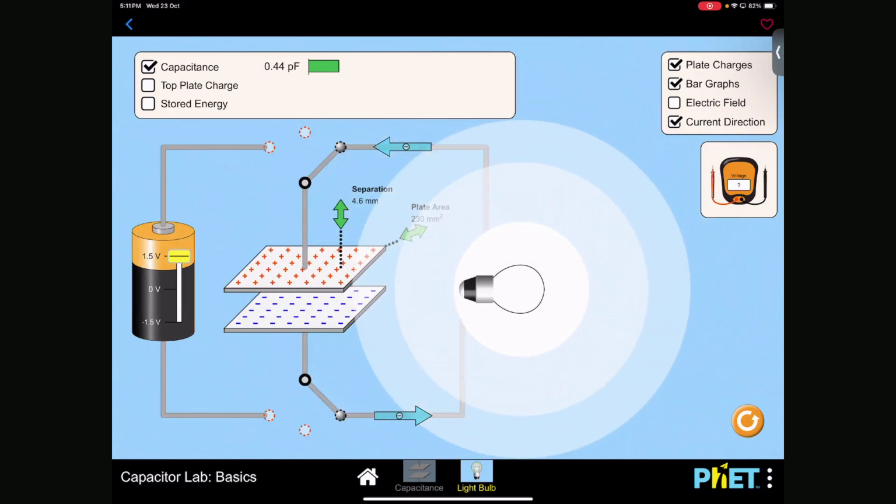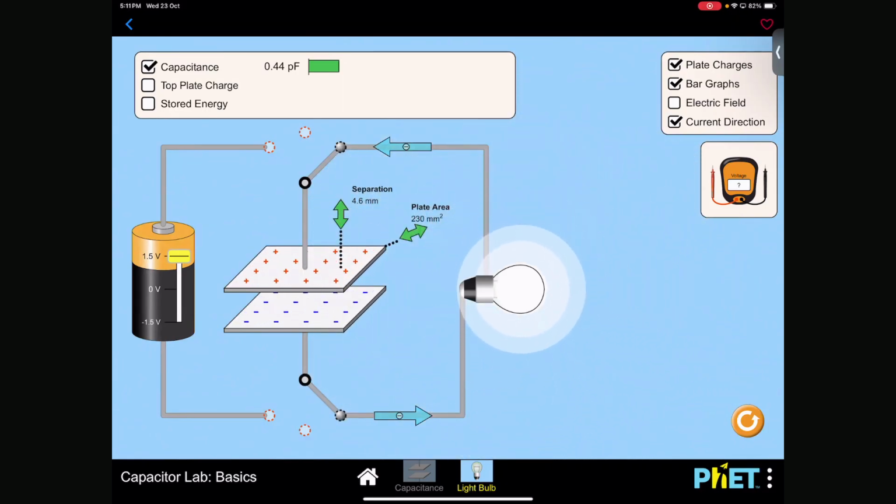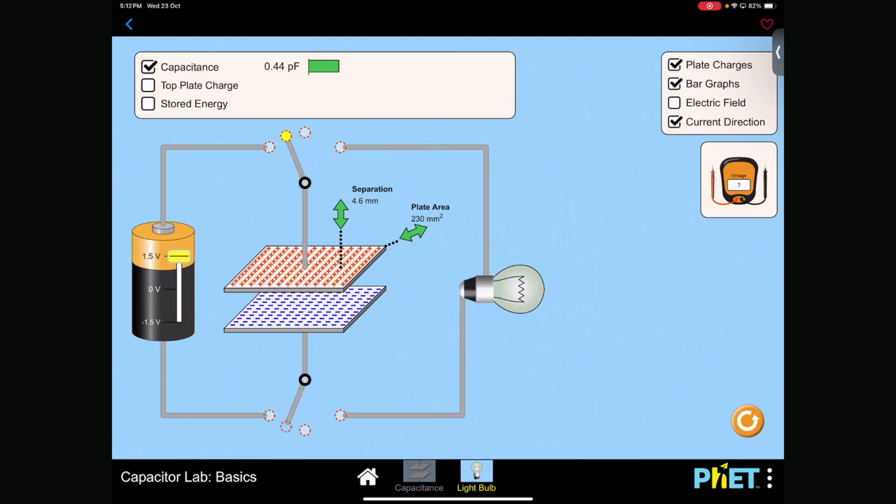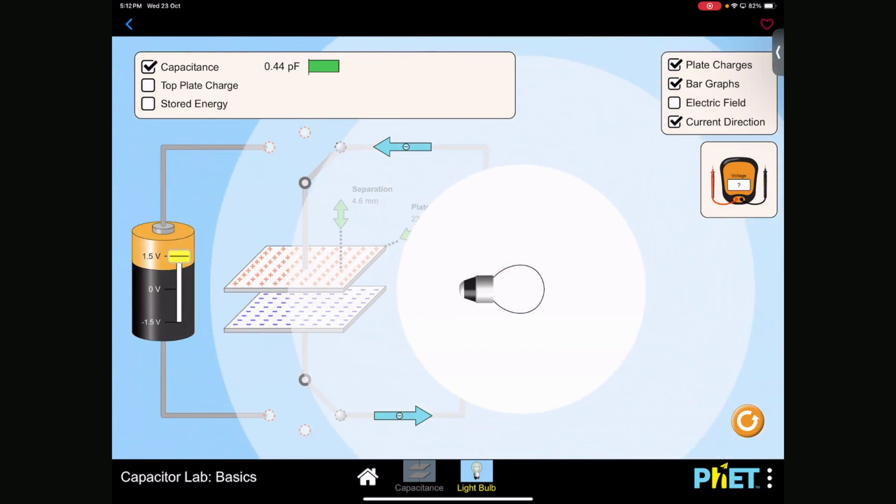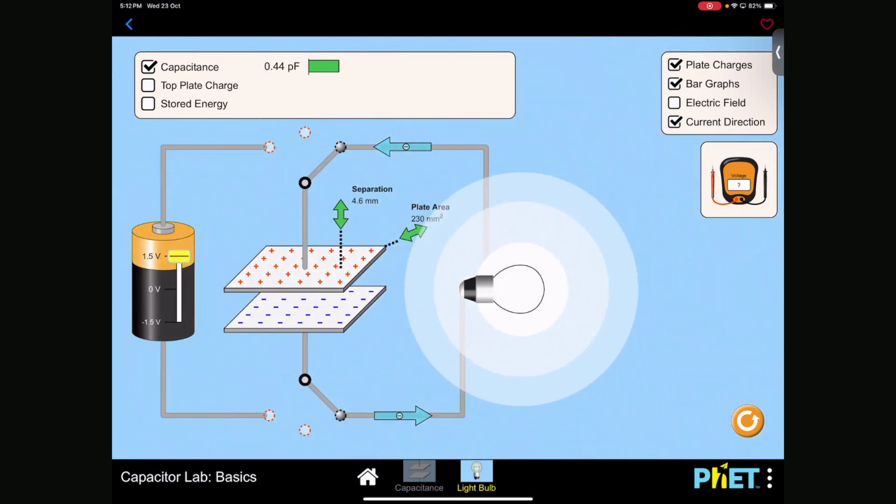Do you see how it's slowly dying off like that? This is the discharge of a capacitor. Whenever you charge a capacitor, you give it energy. When you discharge it, it gives the energy out. Why would we do that? Because we can control the time it takes for the lamp to glow.